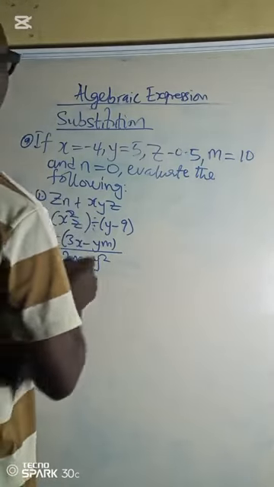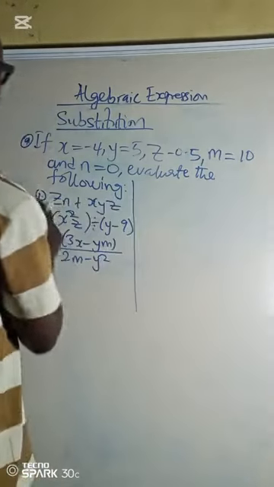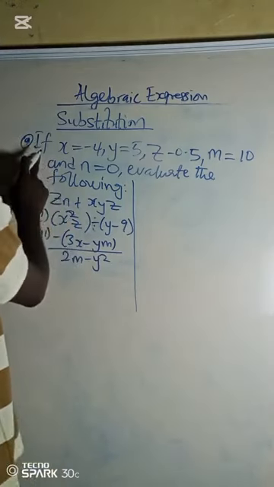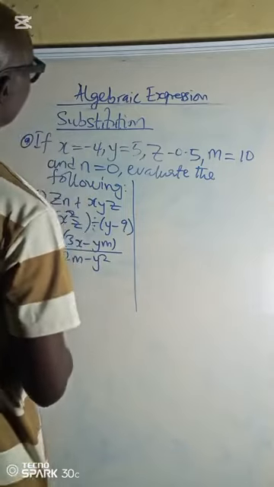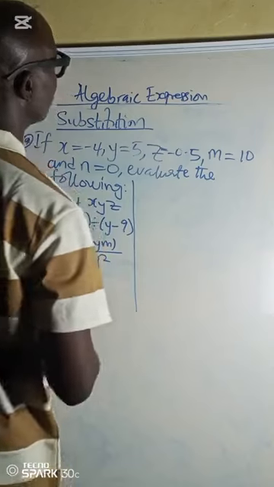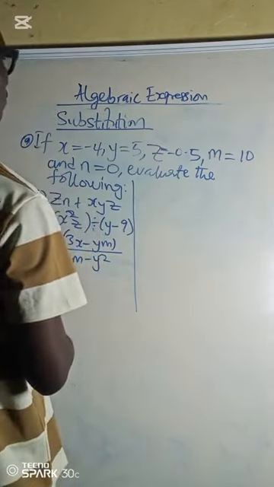Let's start with question Roman figure 1. Question says, if x equal minus 4, y equal 5, z equal minus 0.5,